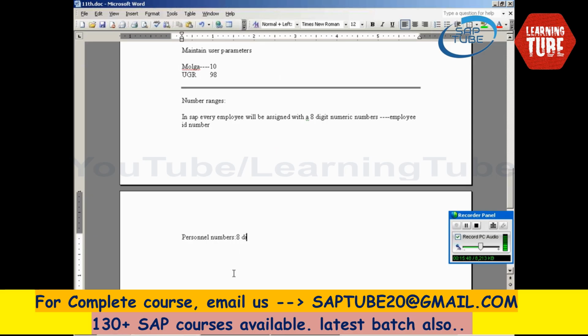Here, the ID number is called the personal number. It is always an 8-digit code. Now, say for example, 01 is the serial number. Say for example, 1 to 100. Here, the above number ranges are called